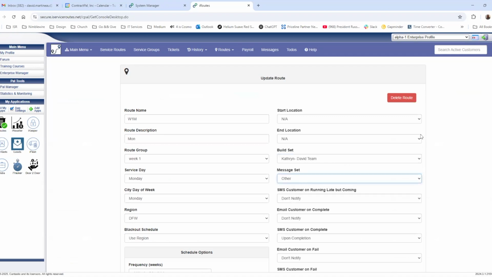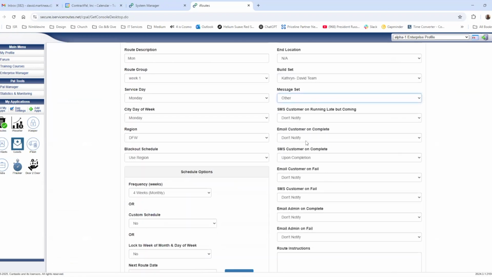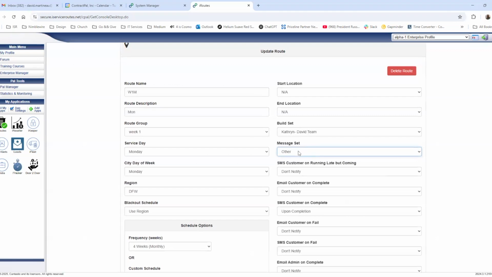Okay. So that's the only reason why you'd have separate message sets, if you want to go into an individual route and say, I want to use a different message set for whatever reason. Off the top of my head, I can't think of a reason why any one of our existing customers would want to have multiple message sets, but